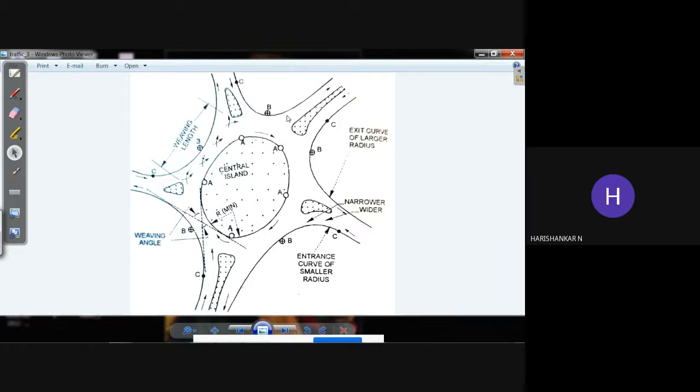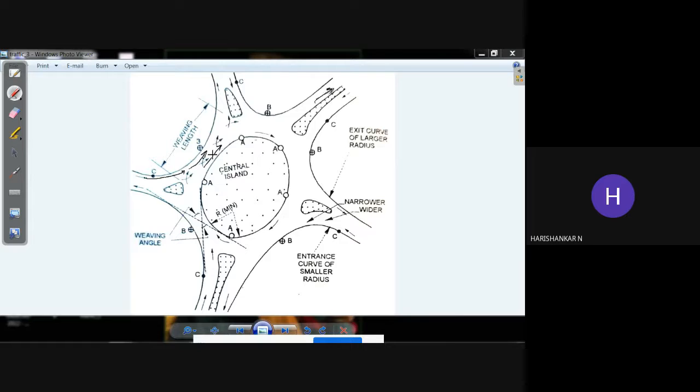If you want to study the rotary island or rotary at-grade intersection, then you have to study various traffic maneuvers. Here you can see the vehicle is moving in this direction. Suppose the vehicle wants to go in this direction, and it is coming in this direction. How will it go up to this point? For that purpose it has to perform various maneuvers. At the beginning it has to move like this. Then from this lane it has to shift to this lane.